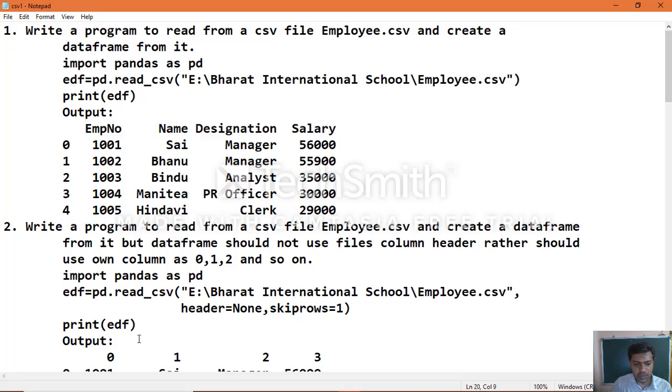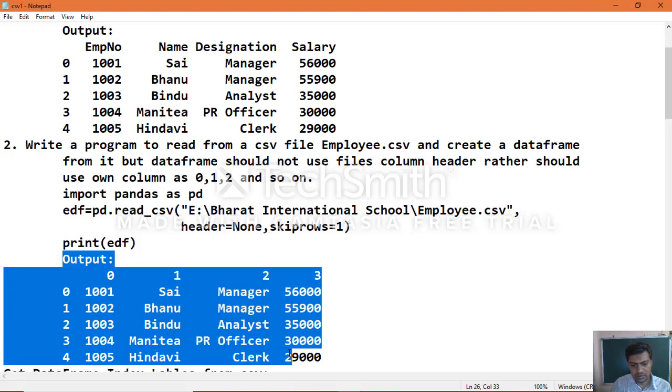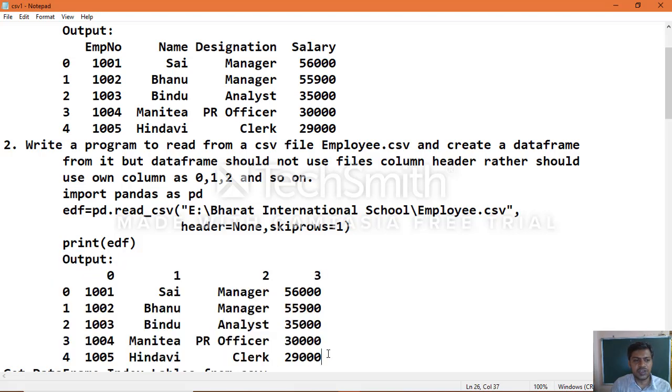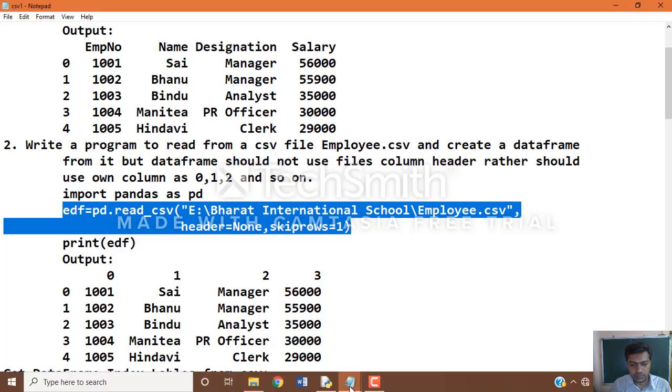You can see the output, the same thing. Now this is what you need to write as the answer based on the question. Now if you want to make changes, execute this statement again to understand.